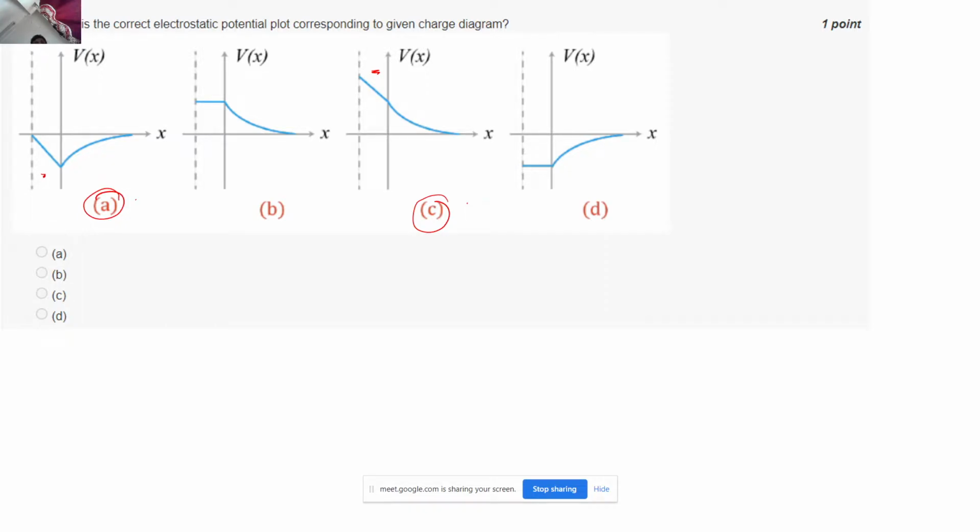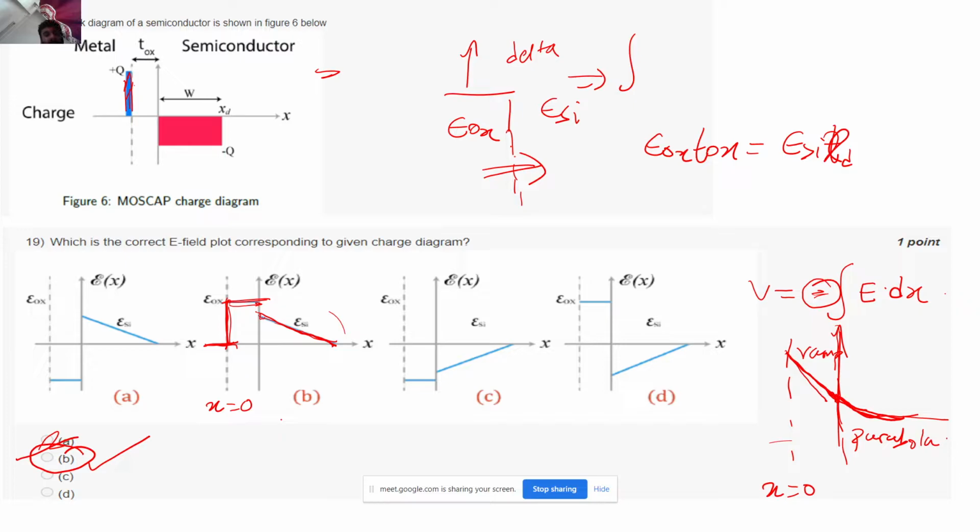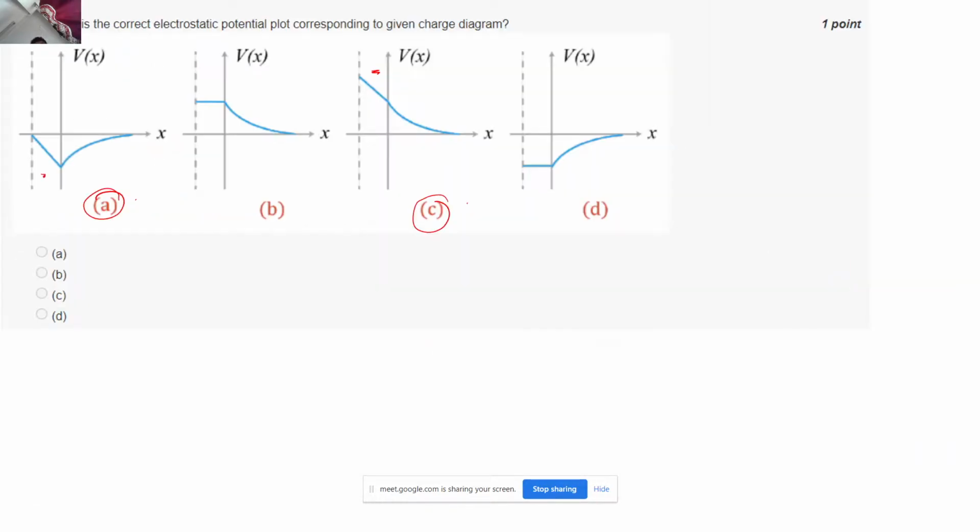Now, when you integrate the electric field, what is the potential? It is nothing but the area under the electric field plot, right? So the area must add up continuously. This is just like a unit step function, and there is a ramp over here, right? So the moment I keep on integrating, the value of the potential should increase continuously till this point, right? There is no way that my potential can decrease in between, because I'm continuing to add up the area. So the potential should add up continuously till this point. There is no way that the potential can decrease, right?